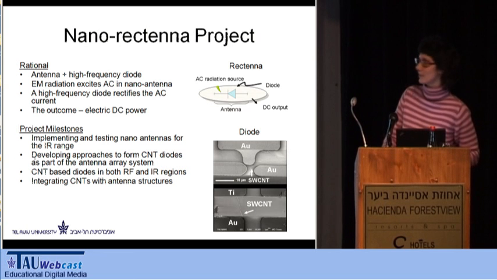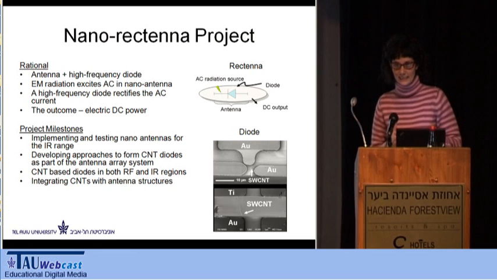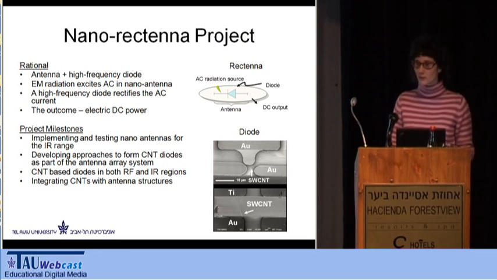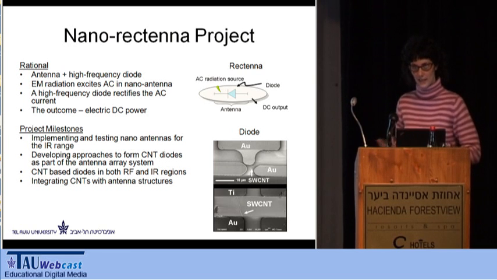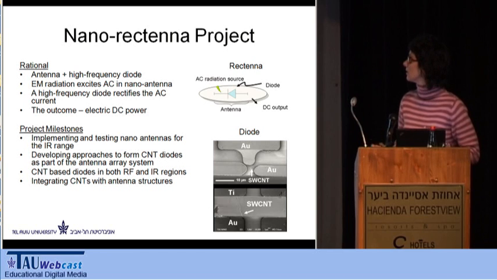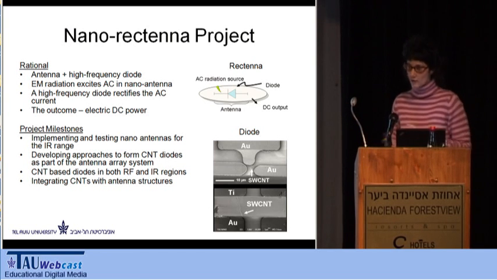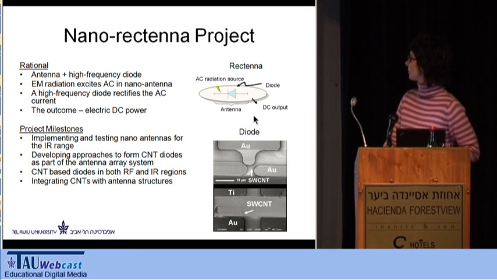Our poster is about a nano-antenna project, a collaboration between Yael Hanin, Amir Bog, and Kobi Shoyer. We want to construct a nano-antenna for energy harvesting applications. It will work in the mid-IR and visible light range, which means it has to be nano in order to capture the light from the sun.